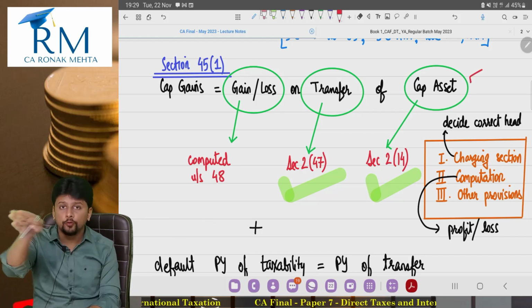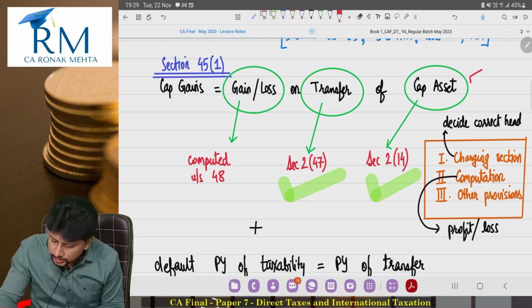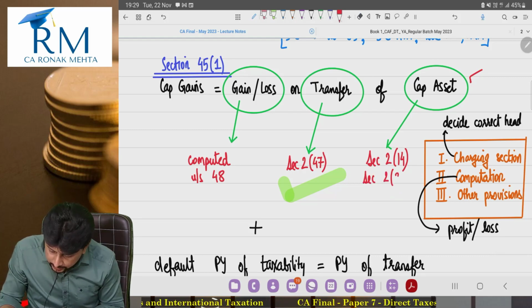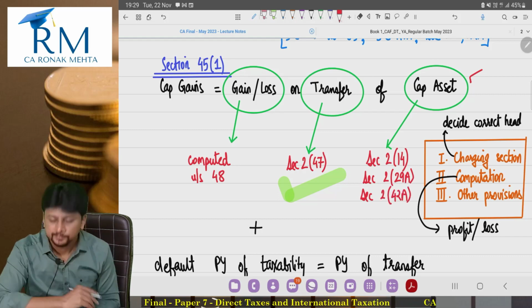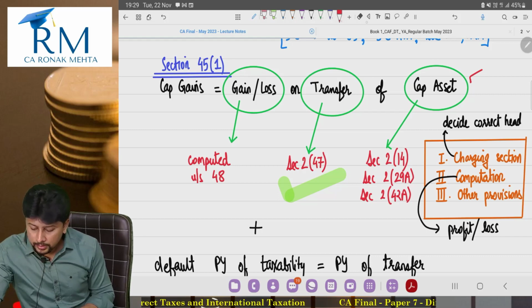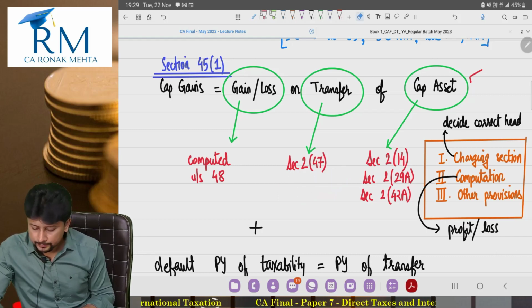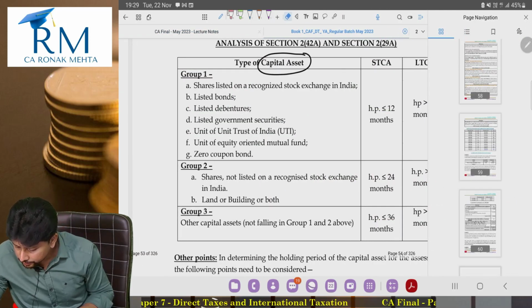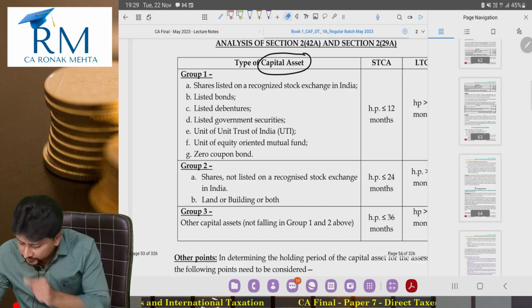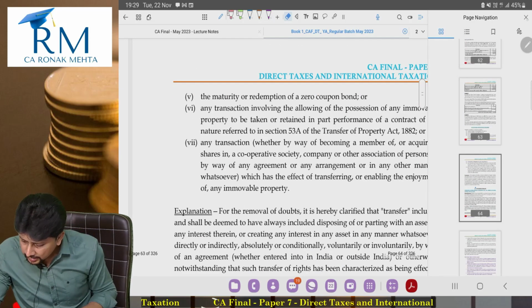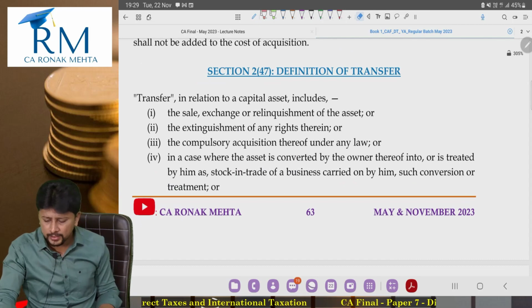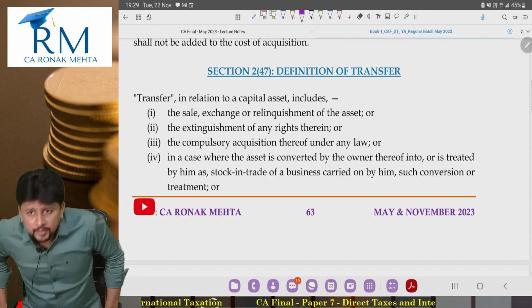In addition to that 214, we also saw section 242A and section 229A, short term, long term. So I might as well, I'll write down that also here. Short term, long term is also included in the concept of capital asset only. Now let's focus on the definition of transfer. Honestly, not much to discuss here. Definition of transfer. I'll go through it, but if you remember your CA intermediate, so there is nothing great here. We'll not waste much of time here when it comes to definition of transfer.